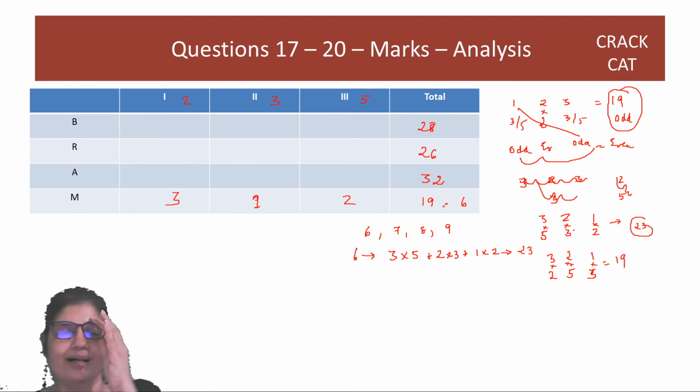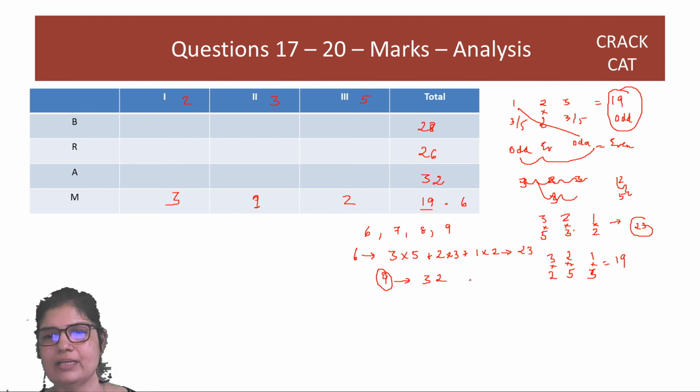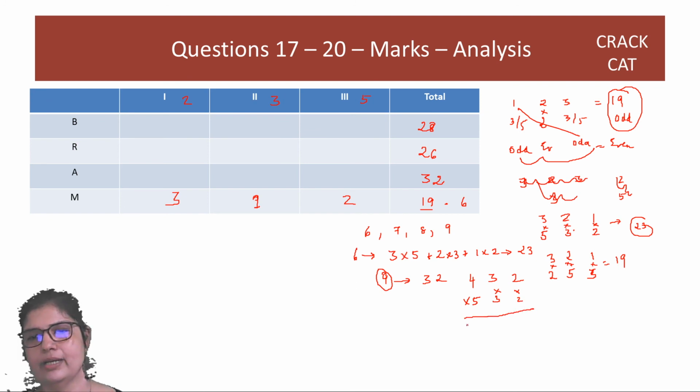Okay, coming now to, so see, we took the smallest 6 and we mapped it to 19. Now we'll take the largest 9 and we'll see where can the 9 go? It's pretty clear that the 9 has to go with 32, 9 questions. So how will someone attempt 9 questions? 4 questions in one section, 3 questions in one section, 2 questions in the other section. If you maximize, the marks you will get 4 into 5 plus 3 into 3 plus 2 into 2, right? 2, 3 and 5 are the marks. The marks you will get will be 20 plus 9 plus 4, 33.